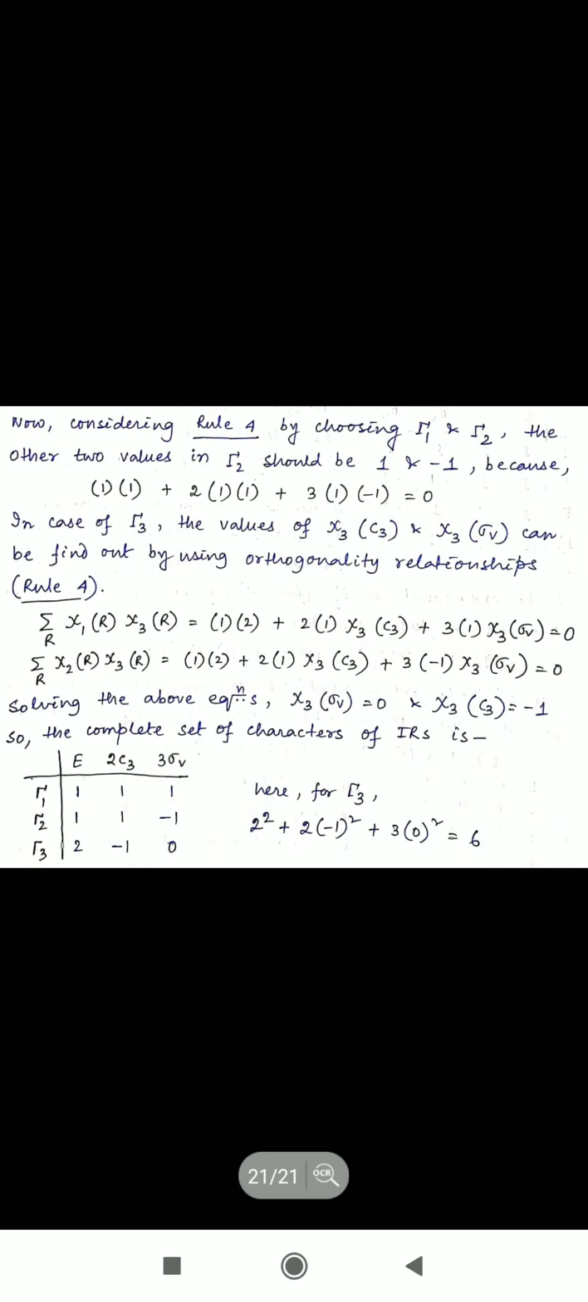So if we check our Bethe notation 1, for this case it satisfies our rule number 2 and our rule number 3. Next, now considering the rule number 4 by choosing Bethe notation 1 and Bethe notation 2. So if I check our orthogonality with respect to our rule number 4, the other two values in Bethe notation 2 should be 1 and minus 1, because 1 into 1, 2 into 1 into 1 plus 3 into 1 into minus 1, that should